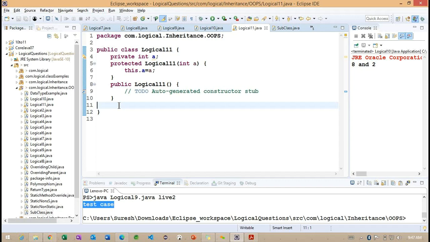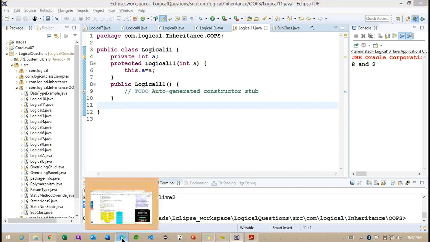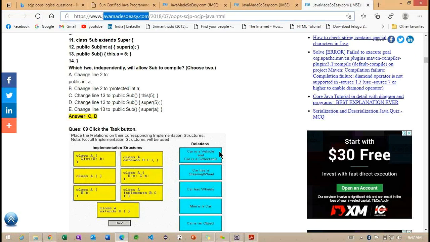We can discuss more logical questions after completing the string classes. String, StringBuffer, and StringBuilder we need to discuss first. Once these classes are completed, we can work on all the logical questions. Meanwhile, just go through this website. Maybe you will find reverse-related and some other logical questions there. Once you are familiar, we can do more on reverse, Armstrong, polymorphism, and Fibonacci series. We are going to have different logical questions, so we'll discuss.